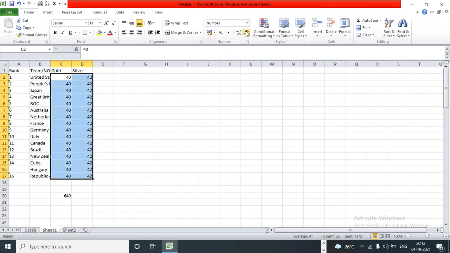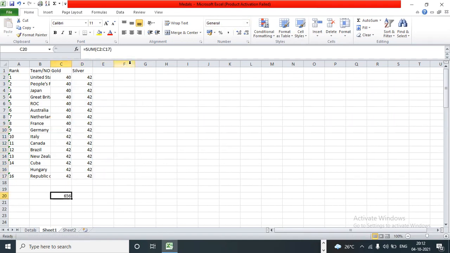I don't want to do formatting things right now. I just want to sum the entire column C. Can you see the sum, how much it is?